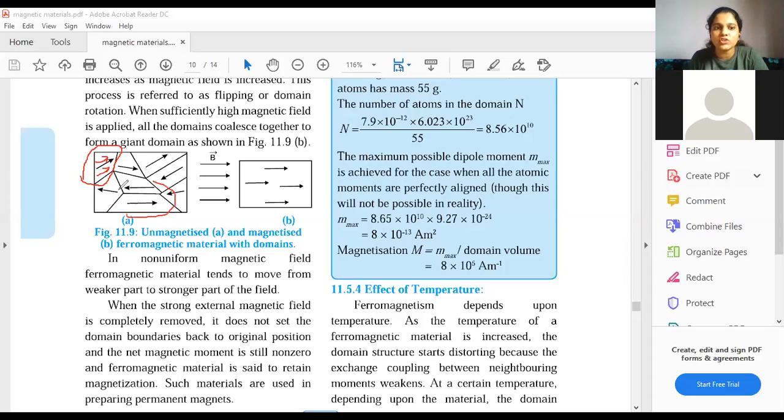Whereas if I talk about this domain, sorry, let me draw it again. In this domain, all the atoms will have their dipole moment in this direction. So overall, in every domain, the direction of dipole moment is different. But inside the domain, all the atoms have the same direction of the dipole moment. So it becomes easy to align them. For example, if this one is there, you just have to turn around all the atoms and make it come like this, like a horizontal line.